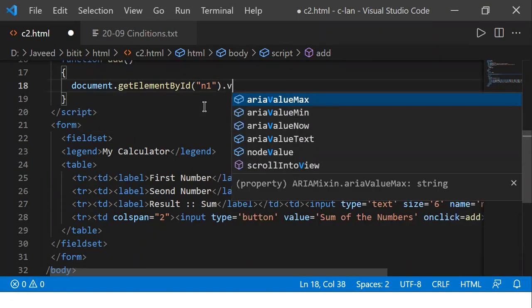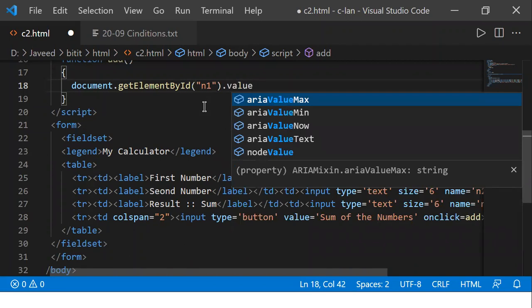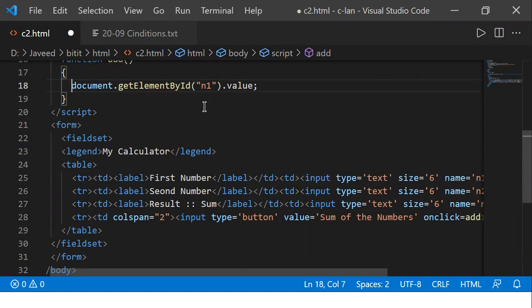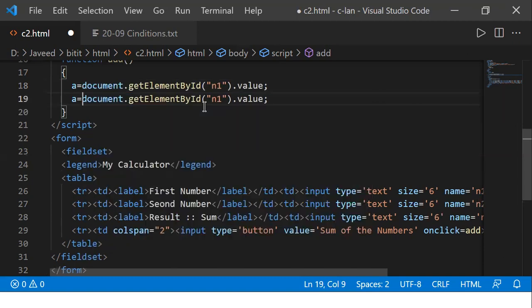And then once you get that, I want to use its value. I want to get the value of that particular text box, N1. So I'm using the document object dot get element by ID dot value. When I do that, it's going to get me the data from the element whose ID you have given as N1. Then I'll take a variable called A and put that value there. One more variable I'll take called B, where I want to get the value from N2.